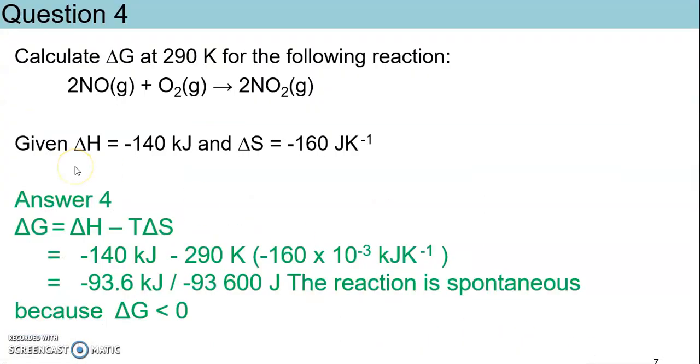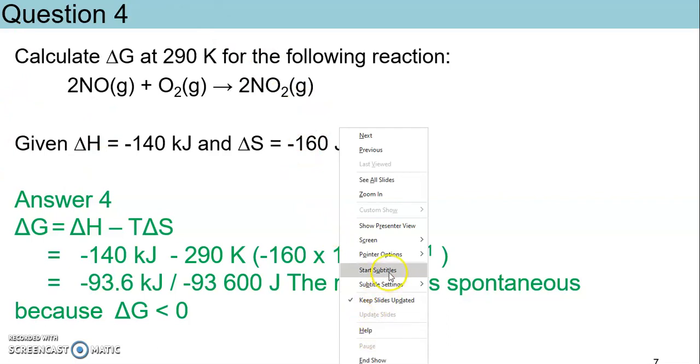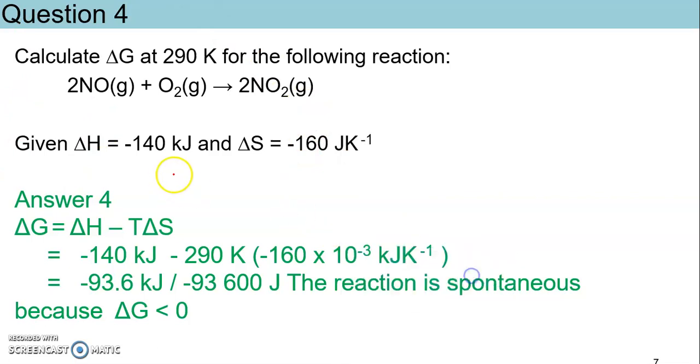And again, because the question asks us to calculate delta G, we know that the formula of delta G equals delta H minus T delta S, and then we need to identify all the values from the information given in the question. So in this equation, we are given delta H and also given delta S. But we need to know